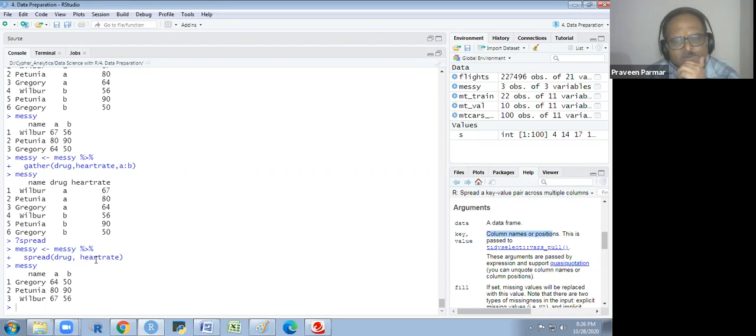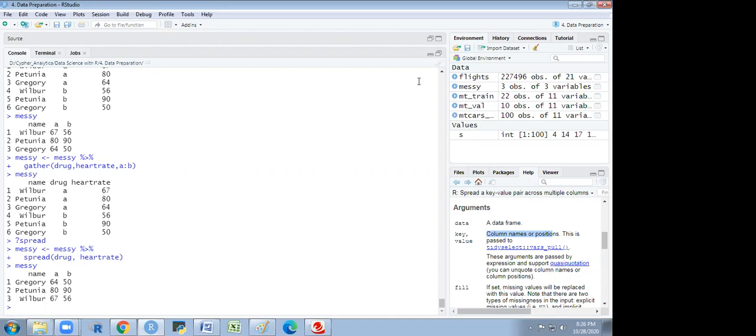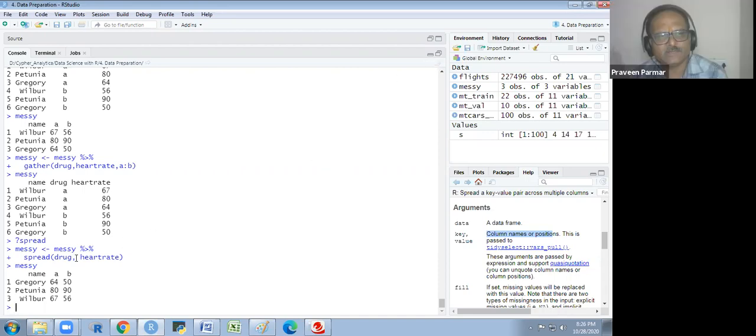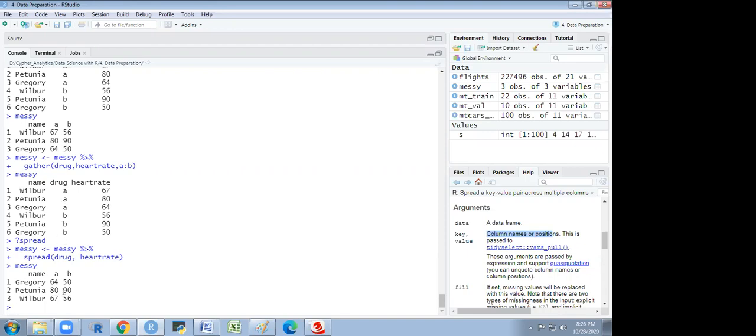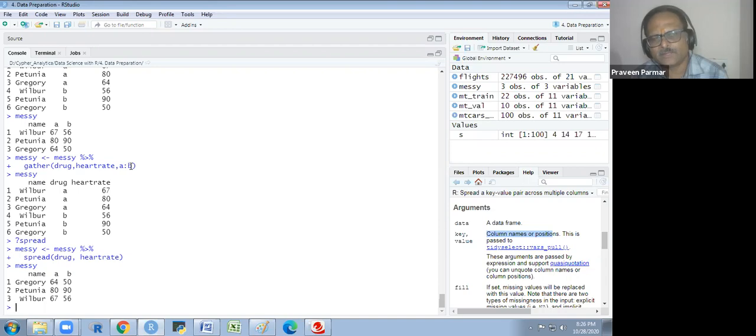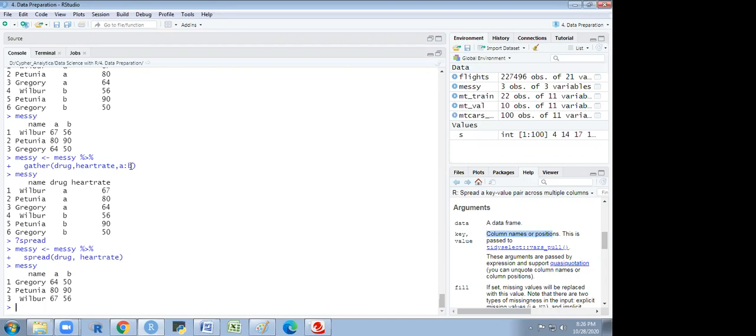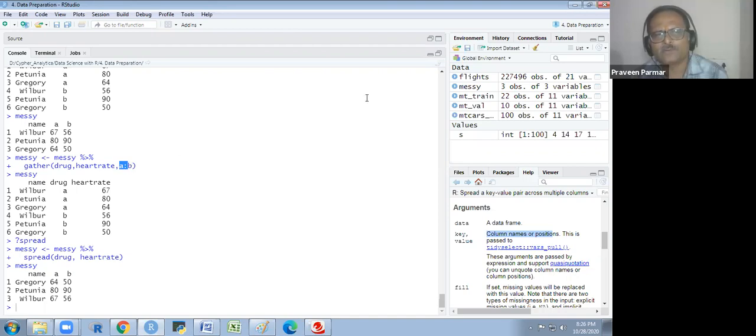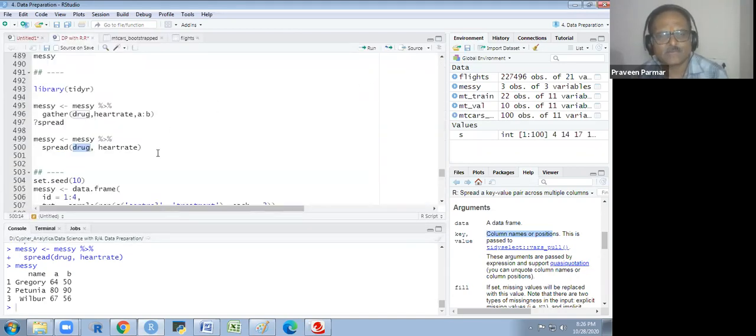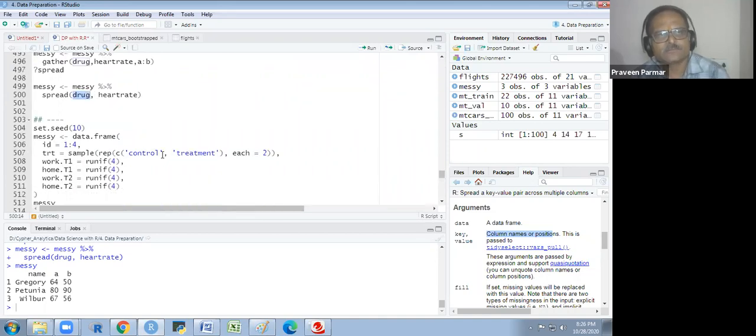Does that make sense to everyone? Yes, sir. Okay. Sir, if there are 3 treatment types, should we get 3 automatically? We will get 3. Yeah. Then we want to separate it by semicolon, A, B, C in this syntax. A to C we will get here automatically. Okay. Or we could use the C also, combine vector. I will tell you later on. There is some more.